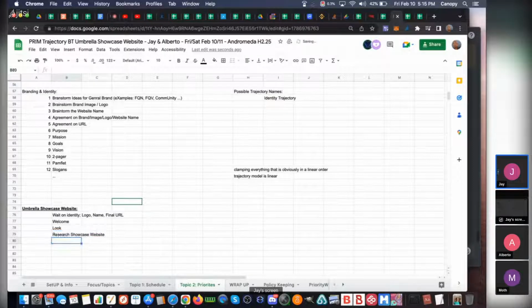We could have this open discussion on what a showcase website might look like. Yeah, the structure, like what pages do we want within the website? Do we want an about page? Do we want other pages that are in the general context of the website itself?